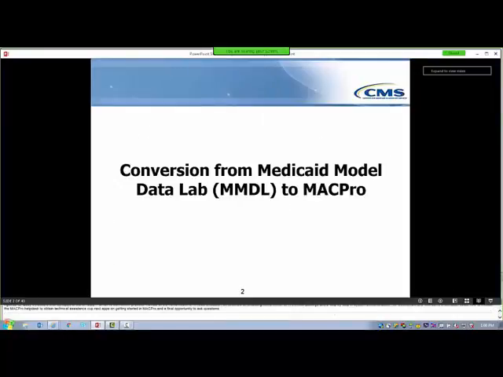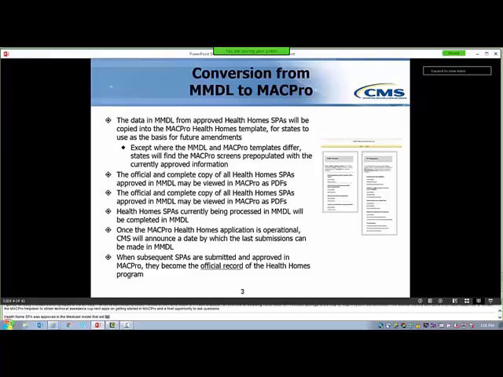Health Home SPAs previously approved in the Medicaid Model Data Lab, or MMDL, will be converted into MacPro. The data in MMDL from approved Health Home SPAs will be copied into the MacPro Health Homes template for states to use as the basis for future amendments.